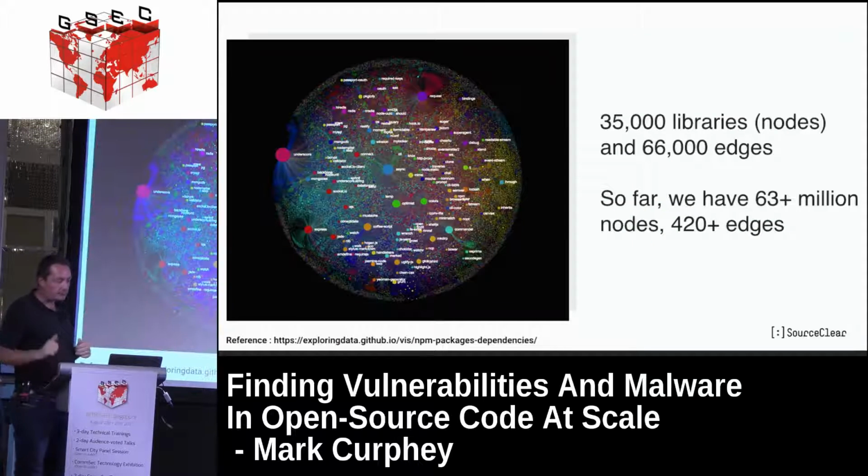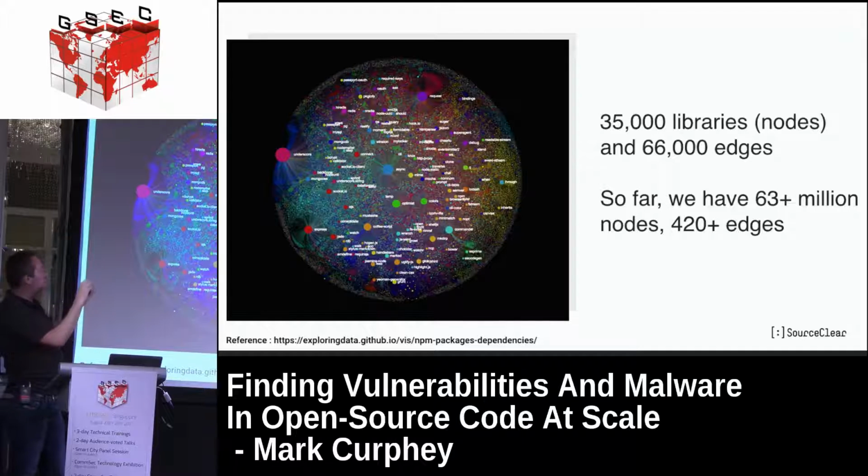but also look for the issues at scale. So Sankey will come up now and we'll demo it. But to give you an idea of the scale, someone built this beautiful diagram of Node. So this is actually a representation, a graph representation of 35,000 libraries.